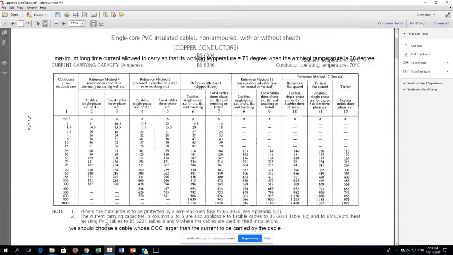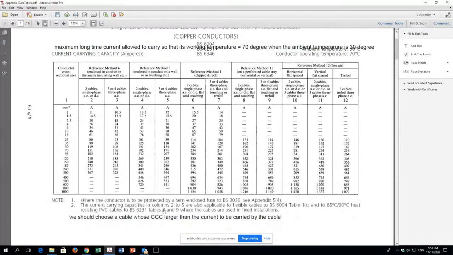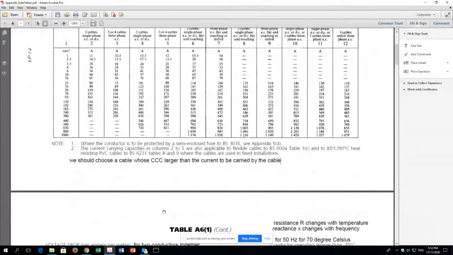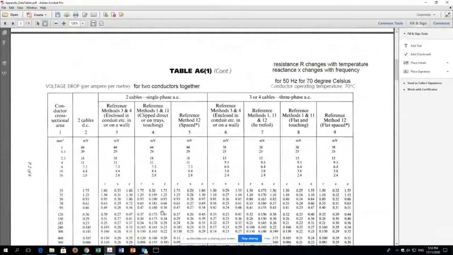And when the cables carry currents, because of the impedance of the cables, there are voltage drops on the cables. Similar to the DC case, in the DC circuit we have the resistance, therefore we have the resistive voltage drops. In the AC case, we have the impedance, therefore we have the impedance voltage drops. As you know, the impedance, as we can see in the next table for the same cables above,